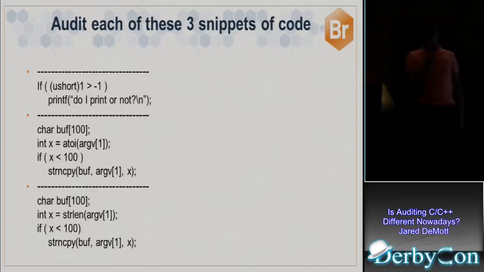But it's kind of one of those things where there's a ton of gotchas in C and C++. There's all kinds of little things where it's like, geez, I don't know what it does here. So you can write a little sample program, or you can do whatever you need to do to try to figure out what takes place in that case.